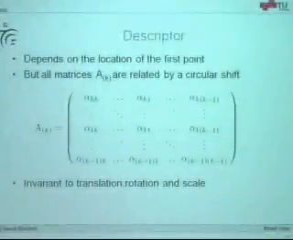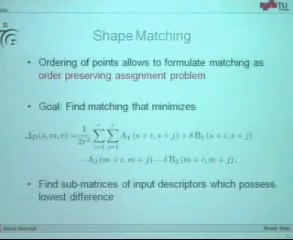So the next step is how we do the matching. We now have a shape representation, that matrix. So how do we match two shapes together? How do we